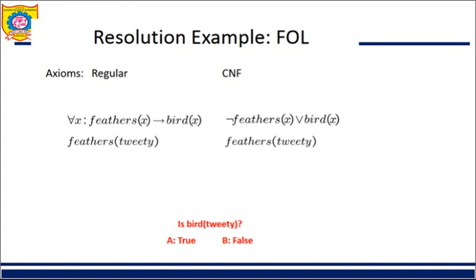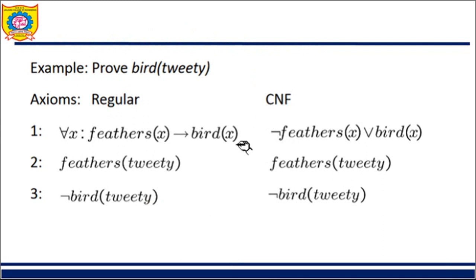It's very simple. Take both the statements, whatever you have, your clauses. We have converted them into CNF. Now in these two clauses, what I can say is feathers of x and feathers of Twitty. So here I can apply unification, like I can replace x by Twitty. So both get cancelled, right? Resolved. What remains is bird of Twitty, because I have already applied unification. So here I have bird of Twitty. So this goes and this goes. What remains at the end is nothing. So I proved that Twitty is a bird. It is that simple.